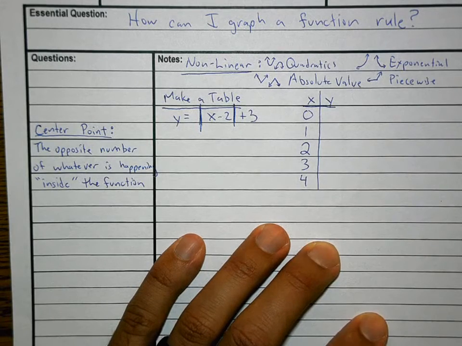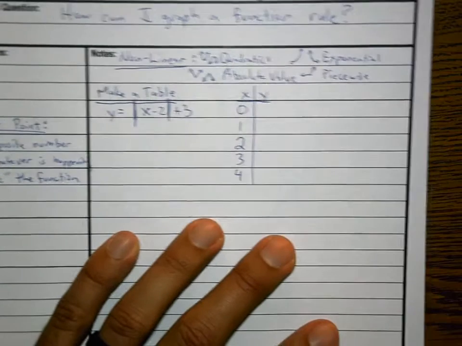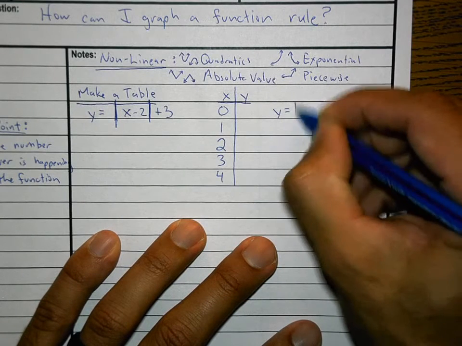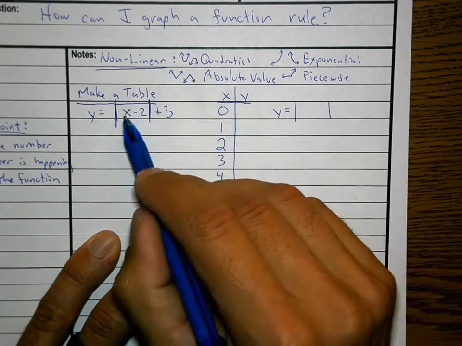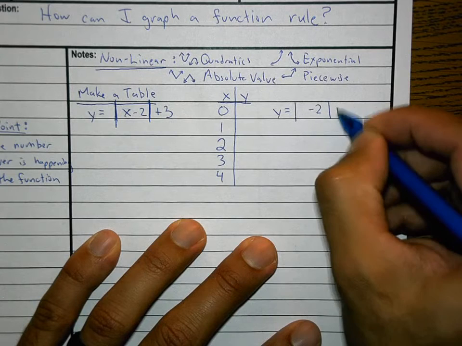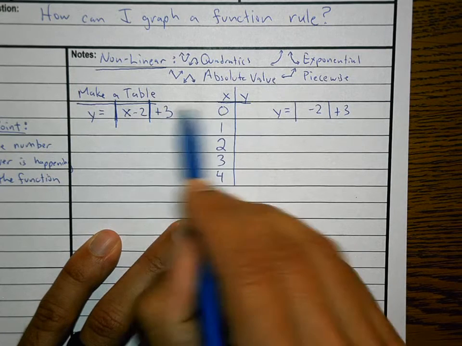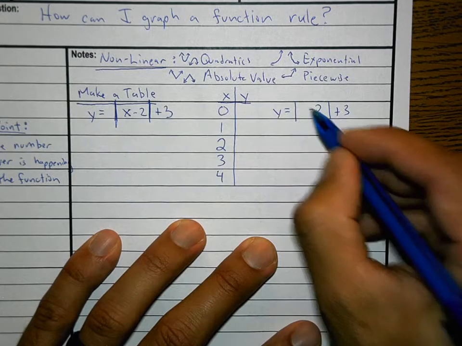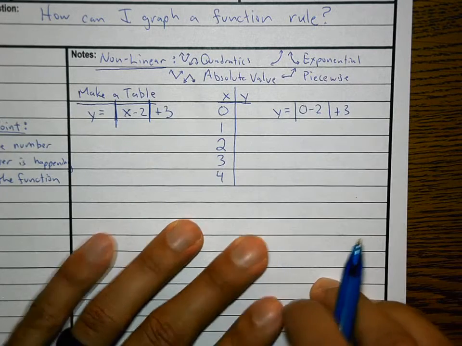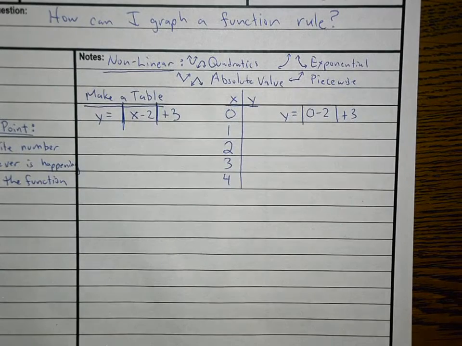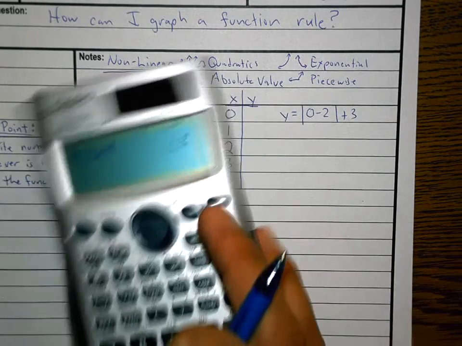What that means is we're going to do this now. We're going to plug in y equals the absolute value of blank minus 2 plus 3. Instead of x, we're going to plug in 0 for x. And you're going to figure out what that is. If you don't know what that is and you are a calculator person,